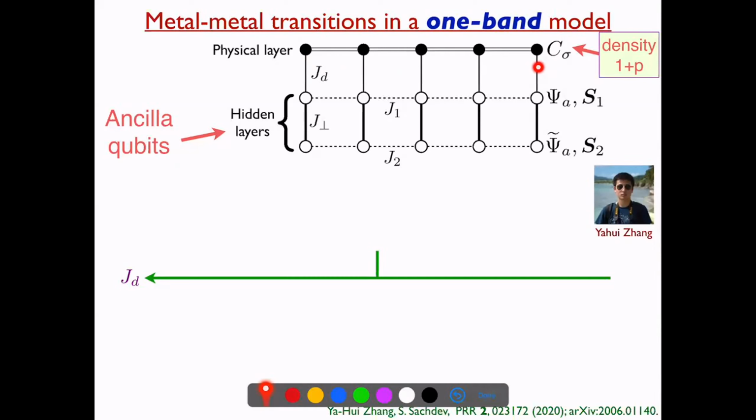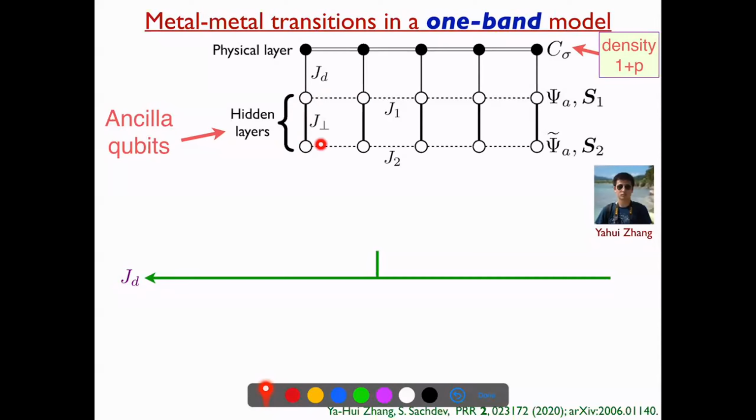And so the trick is that you introduce two hidden layers of qubits. These are just like the f electrons. Rather than having one f electron per site, you have two f electrons on each site. And the reason you want to do this is, if you introduce one f electron, you're really changing the problem. Then you've got the spin excitations of that f electron, and that's a different problem than if you had an actual f electron here. But if you introduce two, the two of them can form a singlet with each other, which